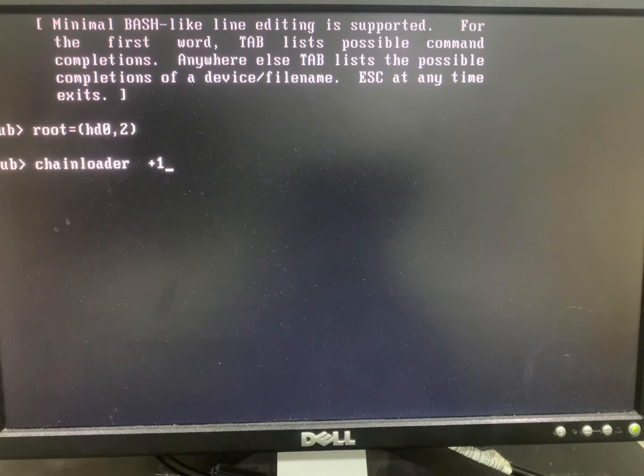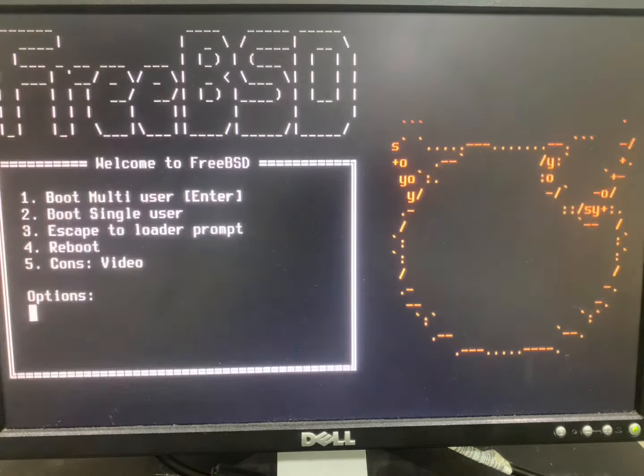By the way, if you are wondering what this does, it basically just loads the kernel for you from whatever partition you've selected. This doesn't actually need any configuration for GRUB. It just works as long as those partitions have an operating system. So as long as you know which partition has which operating system, you can easily just boot from the command line. Now we're booting to